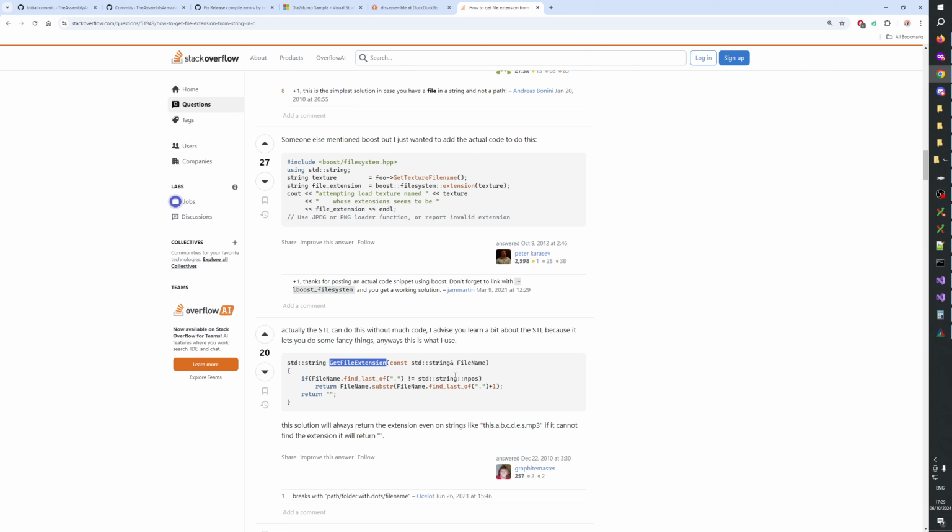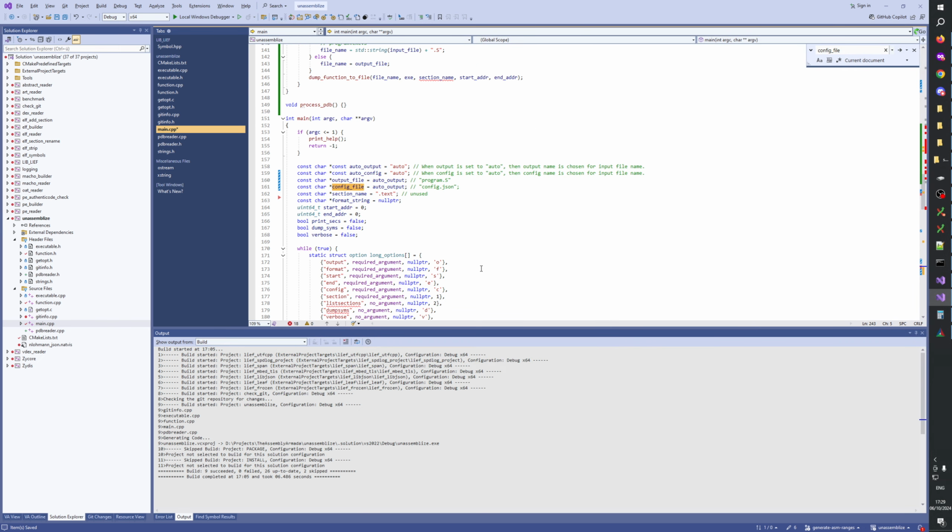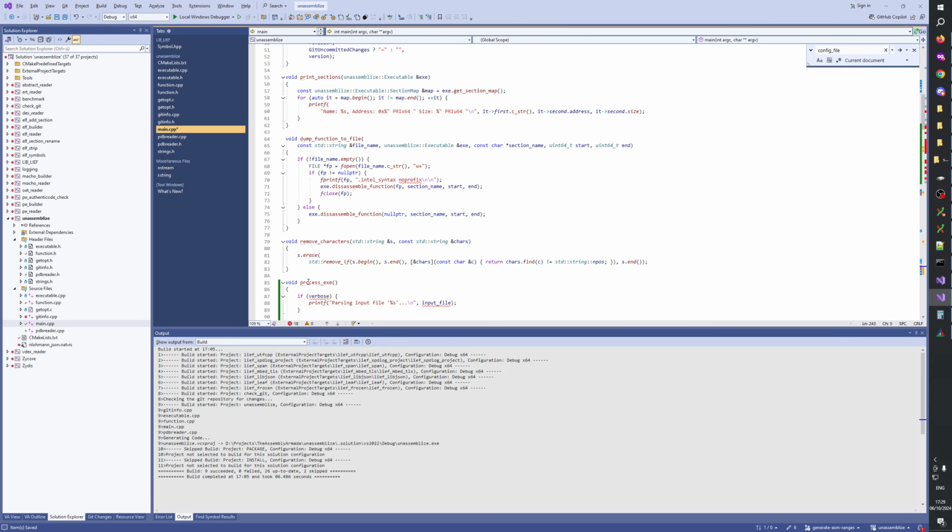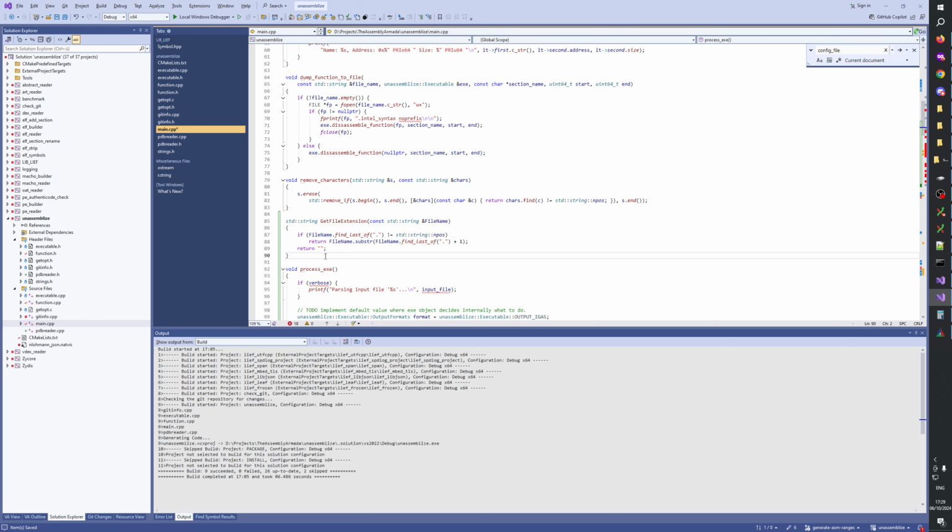Get file extension. This one looks good. Find last of dot. Yeah, this looks good to me. Remove characters and let's put here file ext. Remove characters. Get file ext string